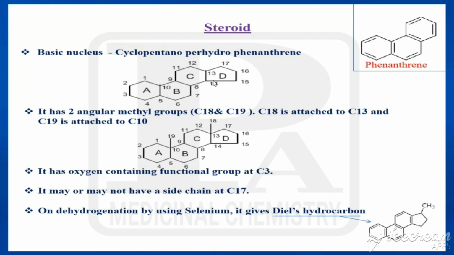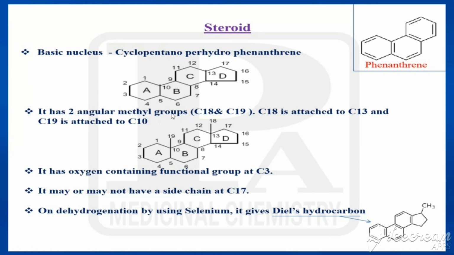In the case of cardenolide and bufadienolide, we have seen that the lactone would be attached to the 17th carbon of the steroid. So in this position, that would be attached. Those lactone rings are attached. If it has a 5-membered lactone, that can be called cardenolide. If it has a 6-membered lactone, that can be called bufadienolide. And that is the first point. We'll see the second one.